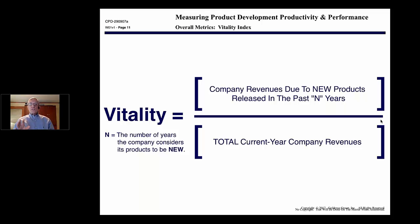The Vitality Index measures the revenues from your new products and divides it by the total company revenues. So what you get is a measure of the percentage of your sales that come from new products. It goes by lots of different names: new product sales, new revenues. Vitality is the source of all of those permutations of the wording. The big choice is